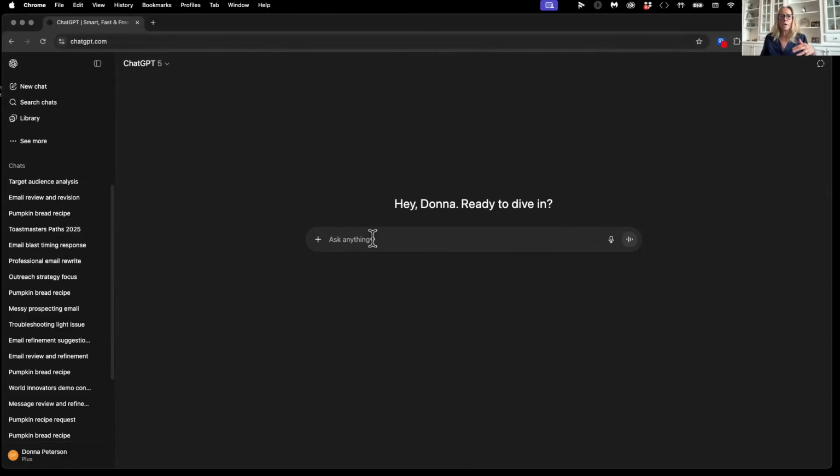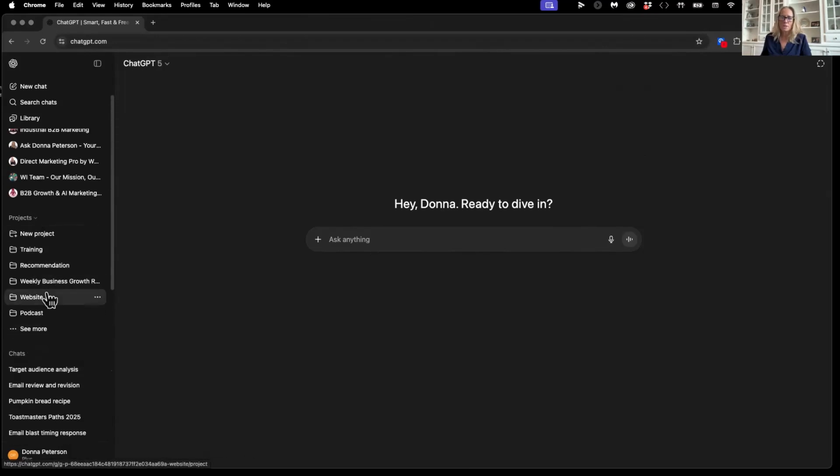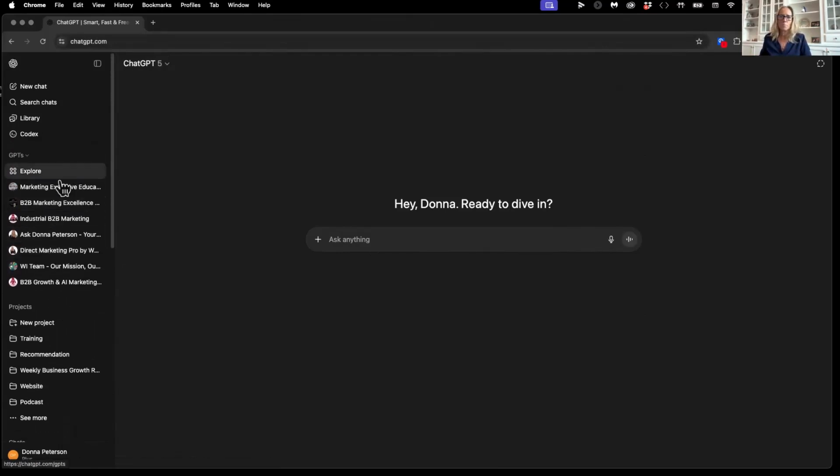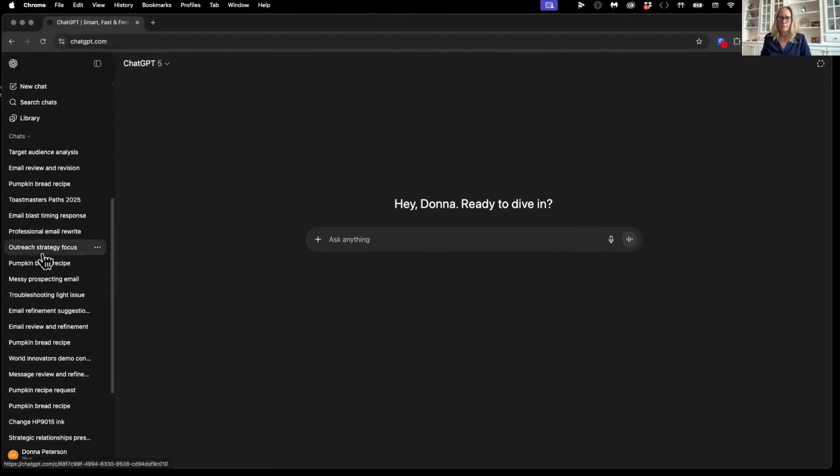Of course, if you pay for the next version up, which is $20 a month, you will get more detailed responses. You could start to create projects where it's like a filing cabinet for yourself where you put all your chats into specific groups, and you can create specific GPTs that can be used for your company or your team. One other thing I should point out before we go is down here in the left-hand corner,